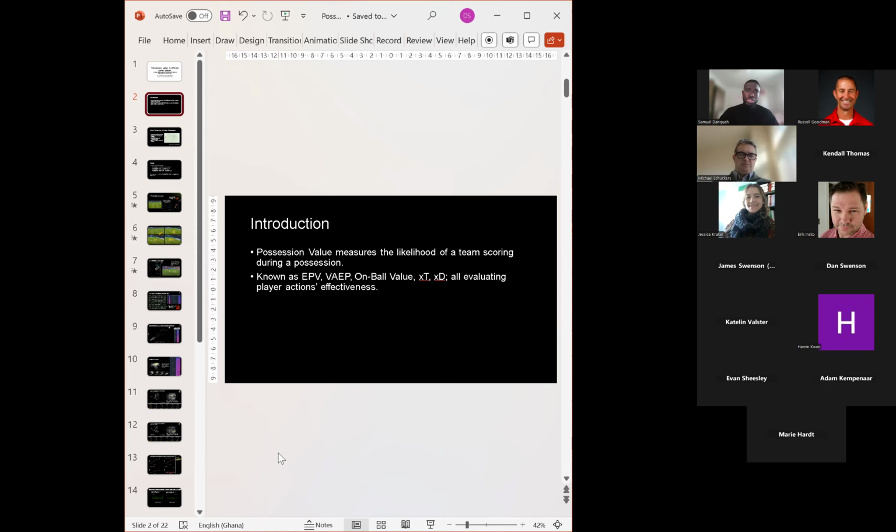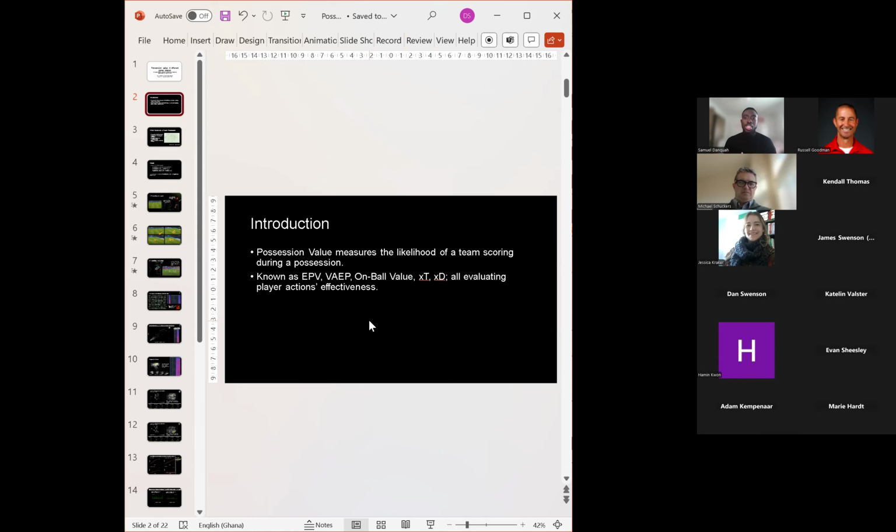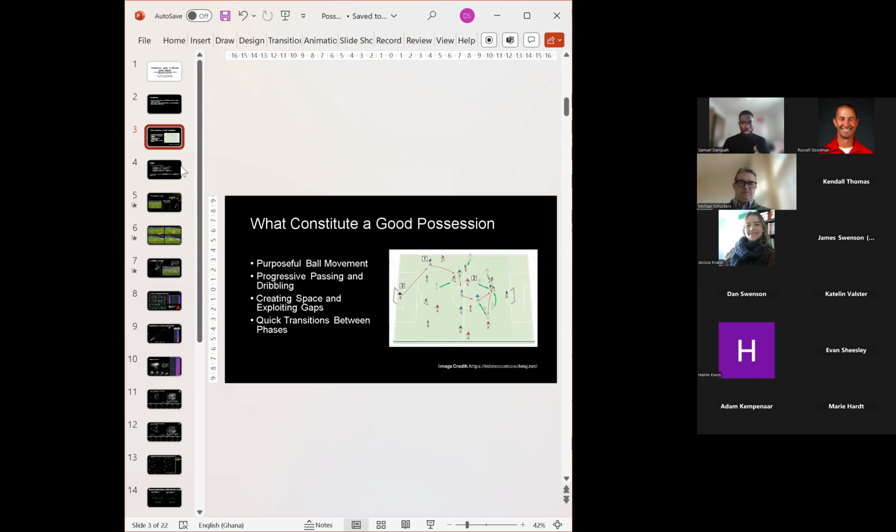But in the course of today's presentation, we'll be taking a critical look at the expected threat, which is the same as the possession value, trying to value every single possession on the field of play. So if you hear me saying a lot of XTs or expected threats, what I'm trying to say is I'm trying to estimate the probability of a team scoring from every single possession on the field. So that is it with this possession value analysis.